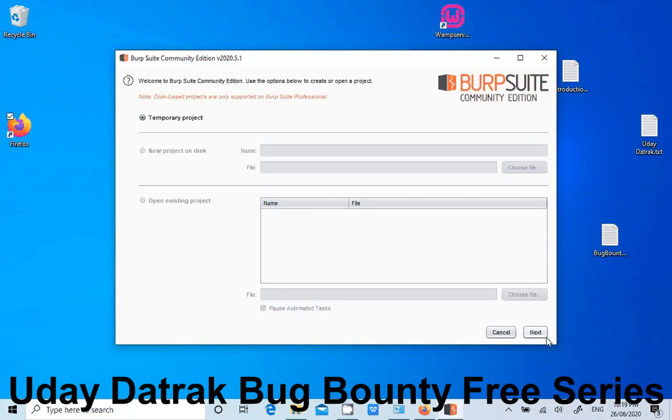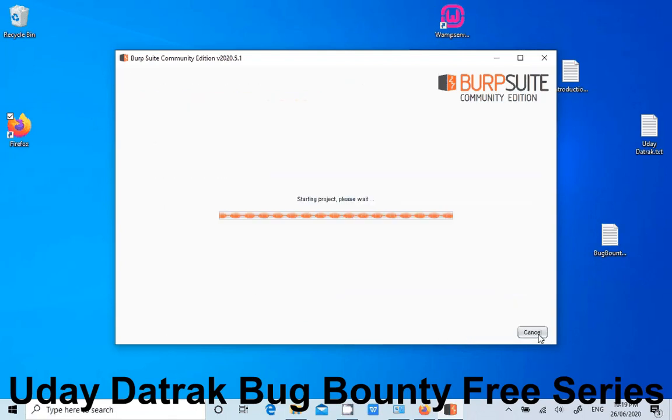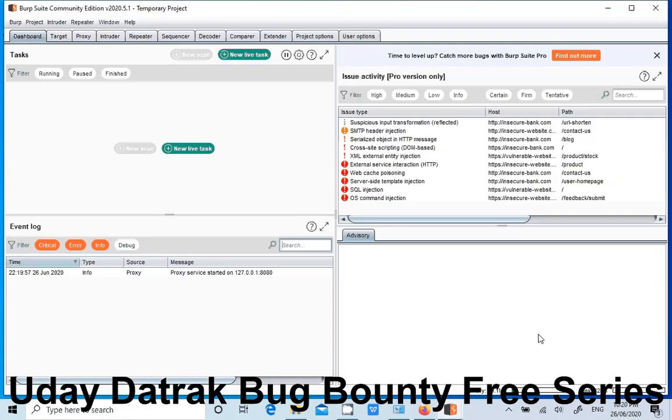Okay, next time when you open Burp Suite, you always click next, start. Don't play with too many features within this tool, guys. We don't need many tools.